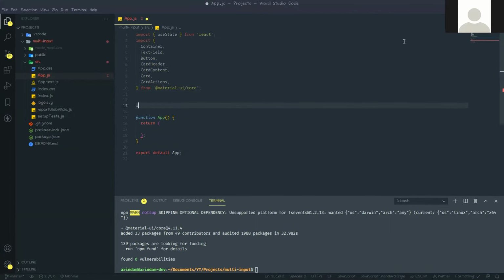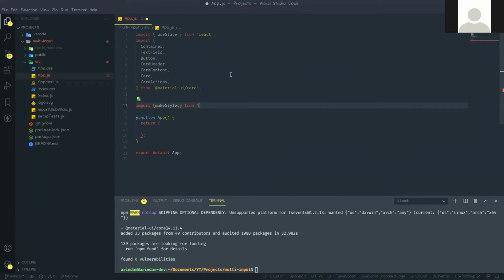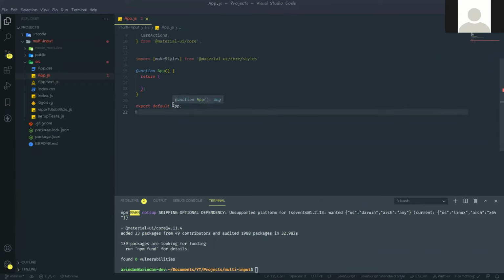Okay, so import makeStyles from Material UI. Just copy this thing, paste it here, then styles. Okay, now we need to use some CSS.